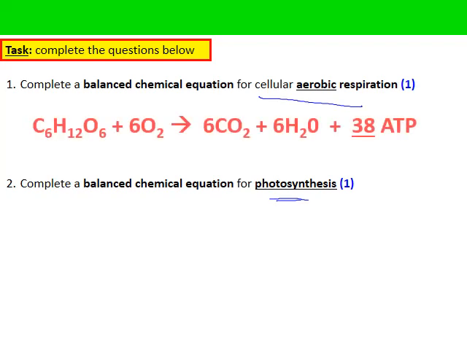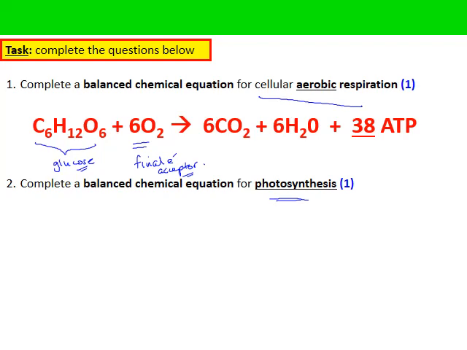So the first equation at the top then for aerobic respiration, well, we know glucose is a monosaccharide, it's a hexose sugar, and we know it's needed by all the cells of the plant. Now we know in the presence of oxygen, that's the final electron acceptor. So the final electron acceptor inside the mitochondrion at the electron transport chain. And that pulls high energy electrons through the ETC. They lose energy as they do so, and that energy is used to build the electrochemical gradient that is needed